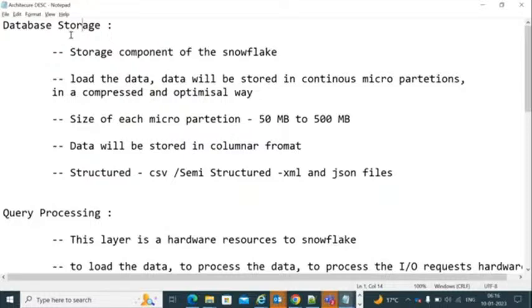Where your business data is going to reside. The least component of the storage layer in Snowflake is micro partitions. When you store your data in Snowflake, automatically the data will be stored into continuous micro partitions. Each micro partition will have a size of 50 to 500 MB. Fine. So apart from these micro partitions, the data will be stored